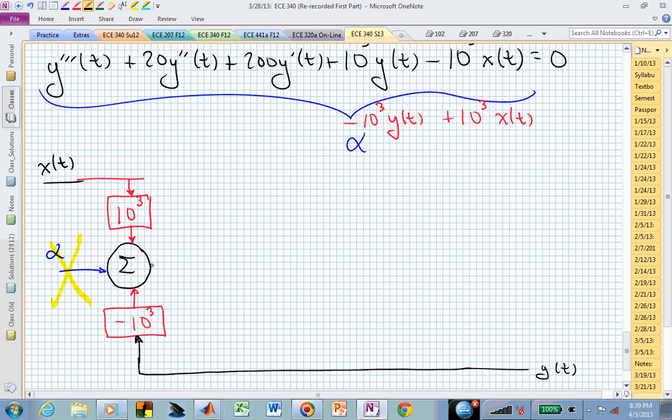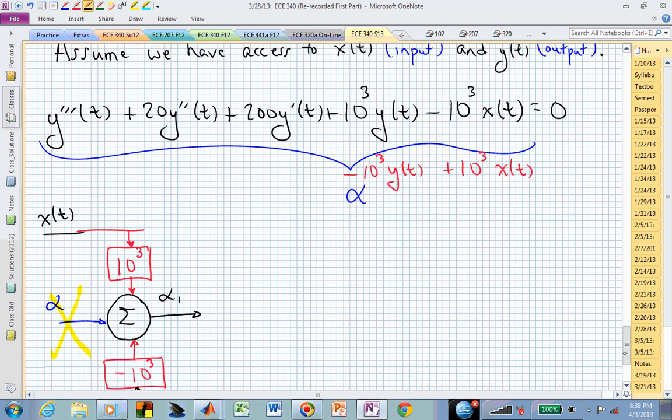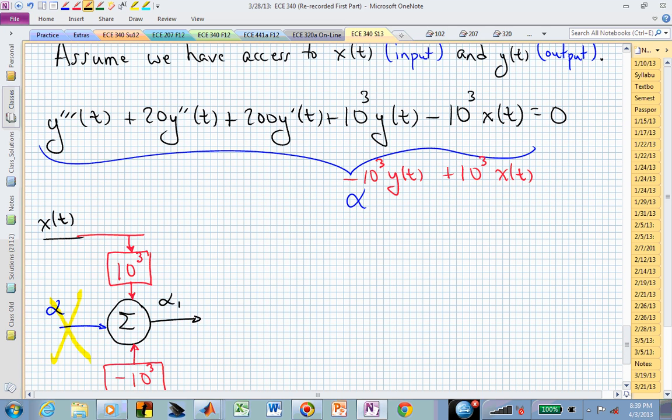Out of that summing junction, I will have a new quantity, let's call this alpha 1. Alpha 1 is what's left when I take 1,000y plus 1,000x and add that in algebraically to alpha,